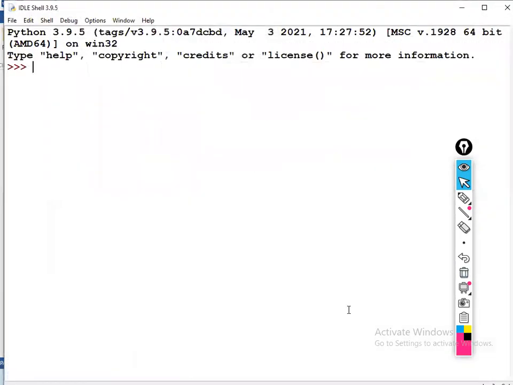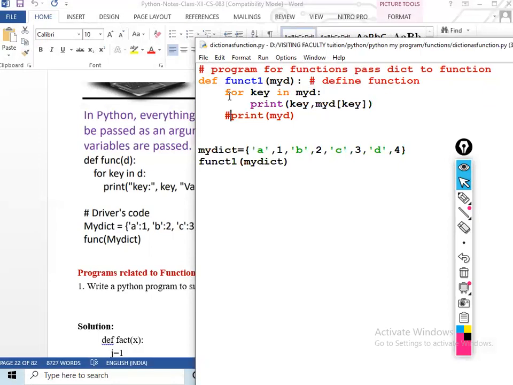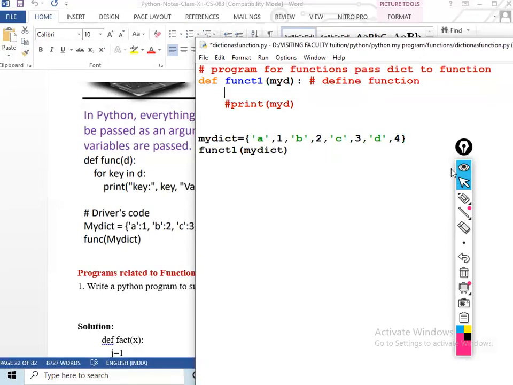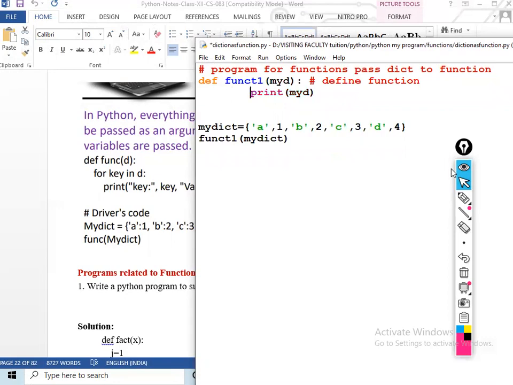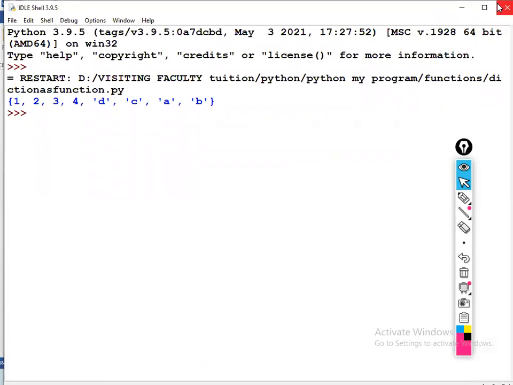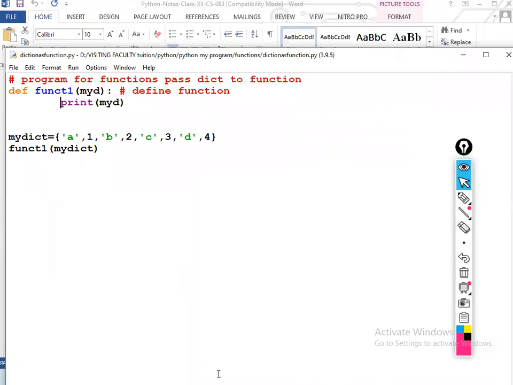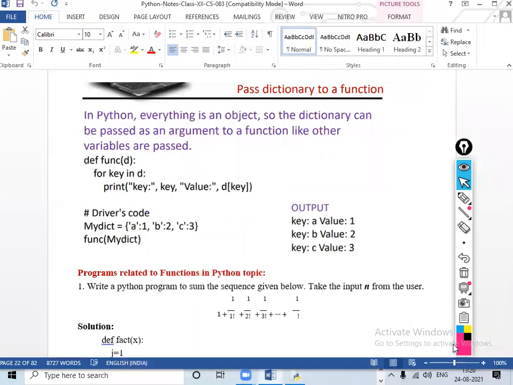Now we'll run it. This will print it. There is a problem printing with the object. So I think the concept should be clear. I hope you have understood the concept of dictionary.